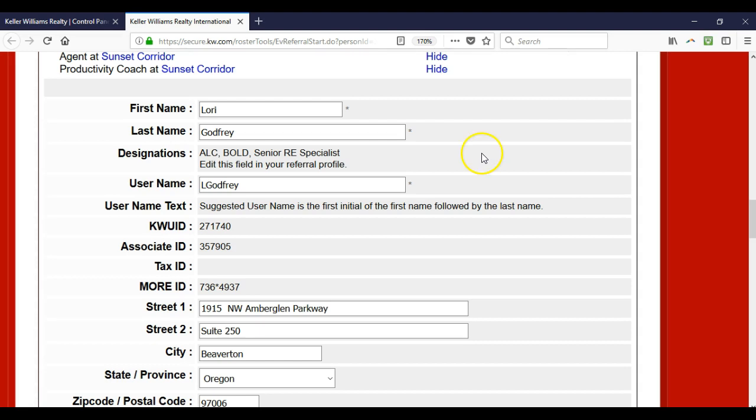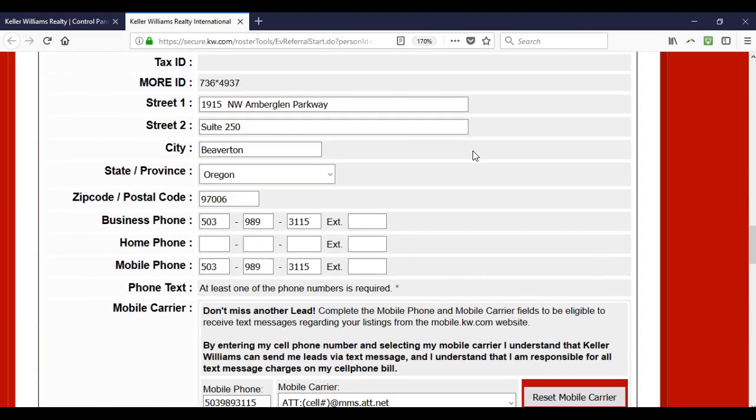All right. Now below that, we're going to have our street 1, street 2, city, state, and zip. All right, so under street 1, street 2, city, state, and zip, just make sure you put inside